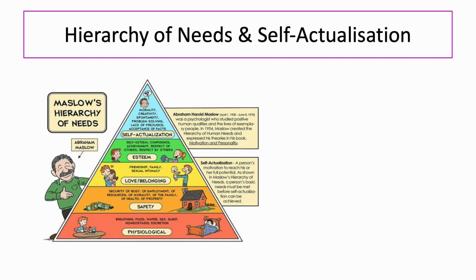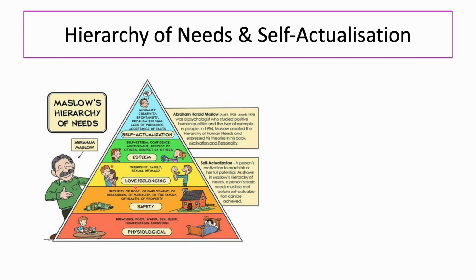So here you have Maslow's hierarchy of needs, in which he says that there are 5 key elements before a person can achieve self-actualization. You have to address your physiological needs: breathing, food, water, sex, sleep, etc. Then you can progress onto your safety needs once you've got your physiological, which is the security of body, of employment, so having a job, having a house, having a family, having health,